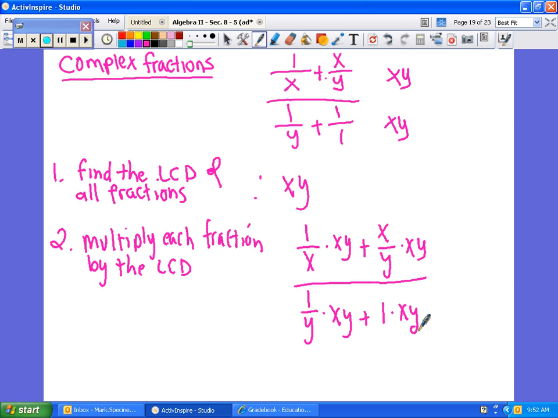This is really xy over 1. This is really xy over 1. These are all really, and it might be easier, it might be simpler, or at least less confusing if I do that. xy over 1, and then this is 1 over 1 times xy over 1. And again, the reason I think it might be easier to do that is because it can be confusing